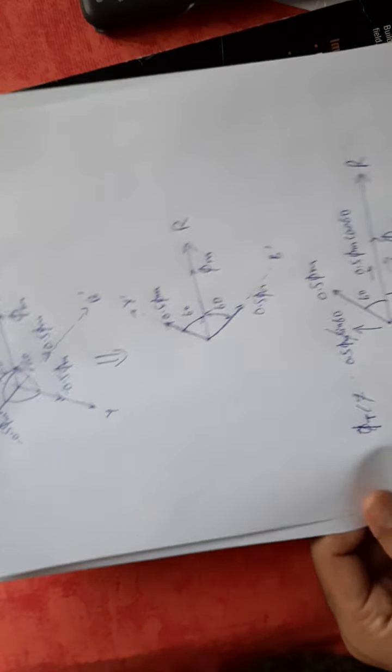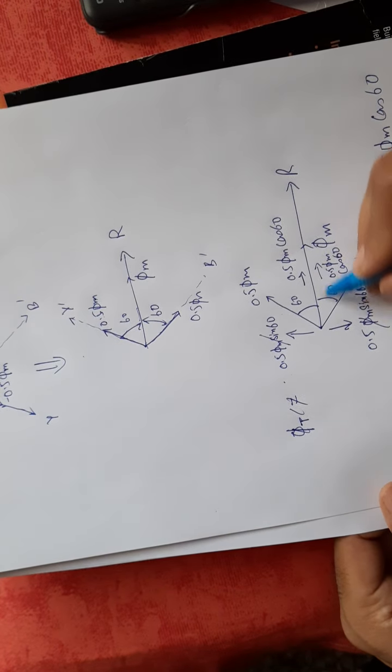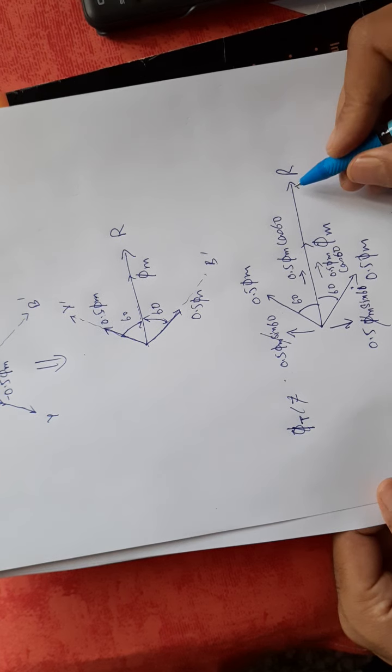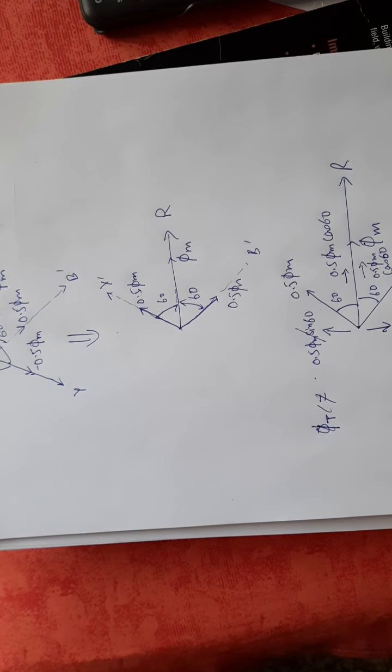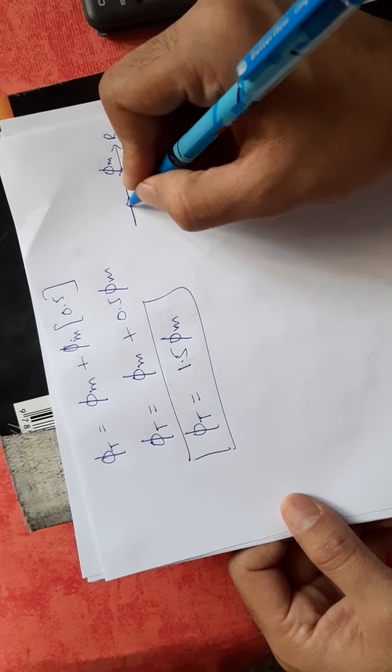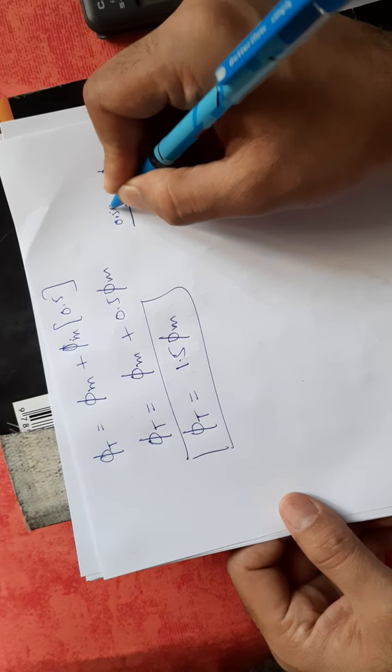Got it? So what is the direction of phi m? In which direction is phi m rotating when omega t is equal to 90? In which direction is it rotating? Tell me. I told you it is in this direction. Okay, this is phi. If I draw one more diagram after this, it will come out like this. This is my R phase. So this was phi m, and this was the summation of two vectors, which was coming out 0.5 phi m.